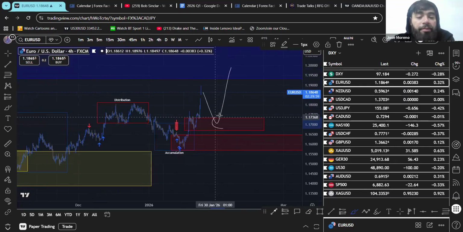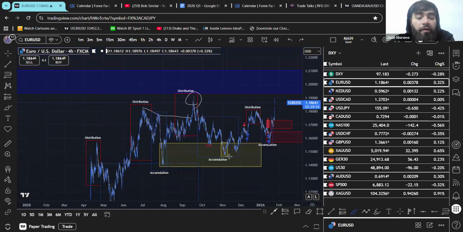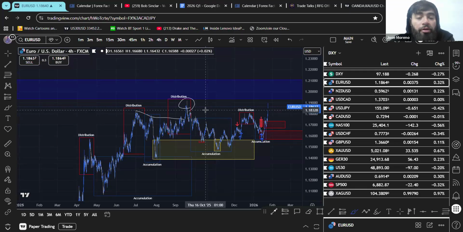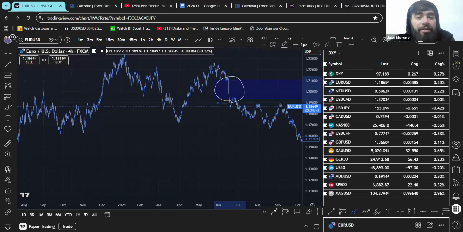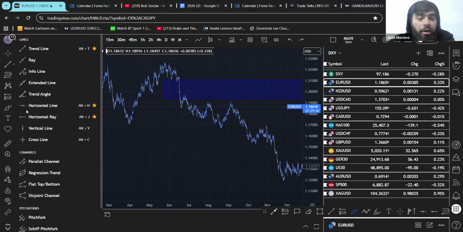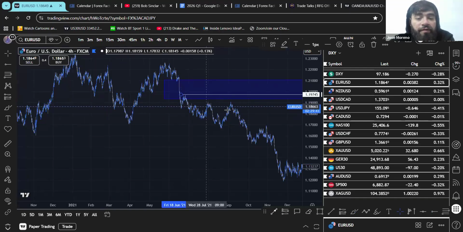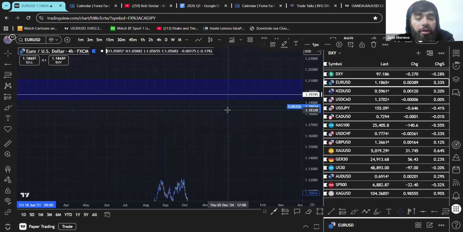So I'd probably look at this as a potential zone here, and then down here is a potential zone as well, because we've seen those signs of reaccumulation here with Euro USD. And I'd probably, like I said, keep looking for that until we come back into gaps here, and even taking out some of the internal liquidity from there. I don't think we've gotten up there yet. No, we haven't.